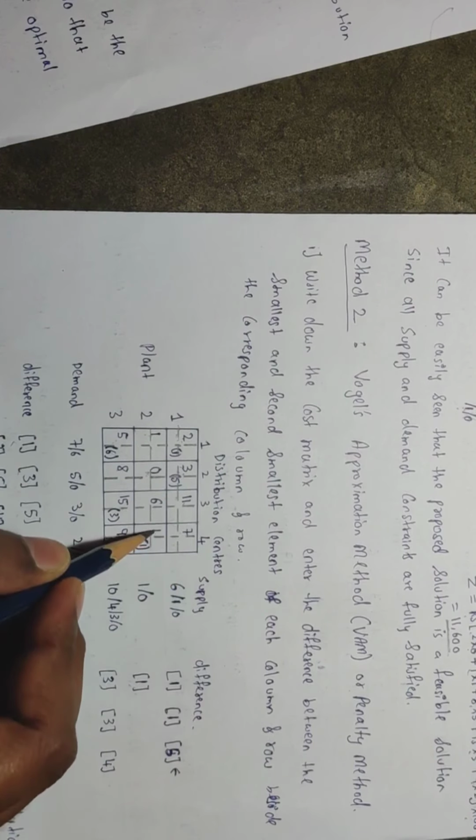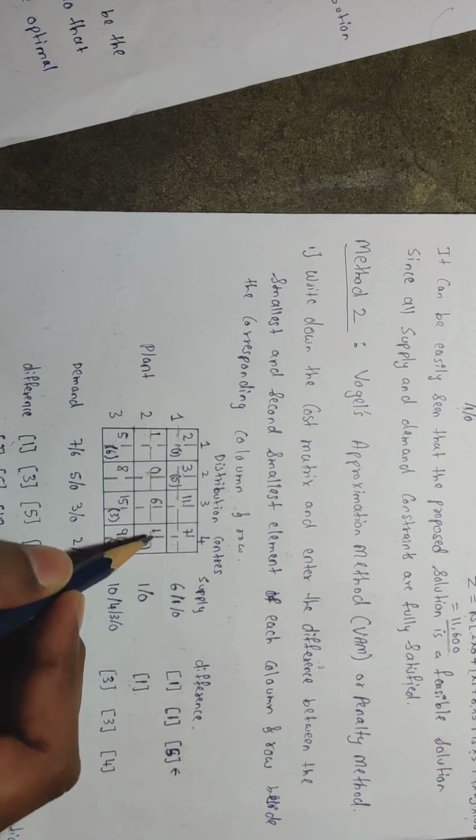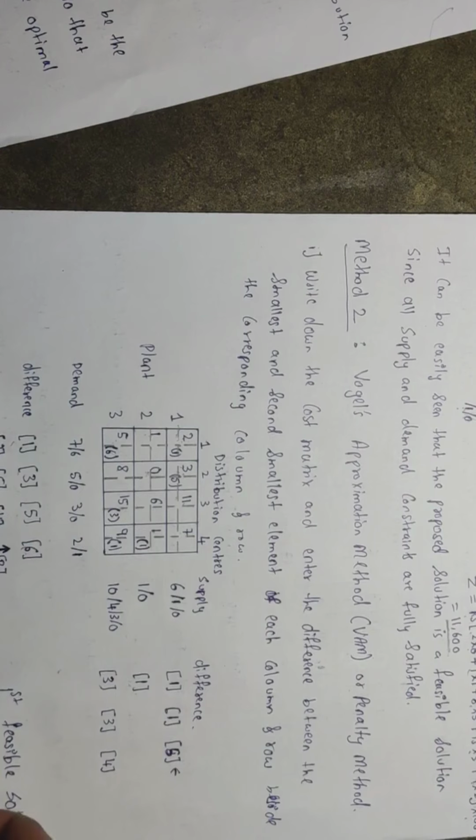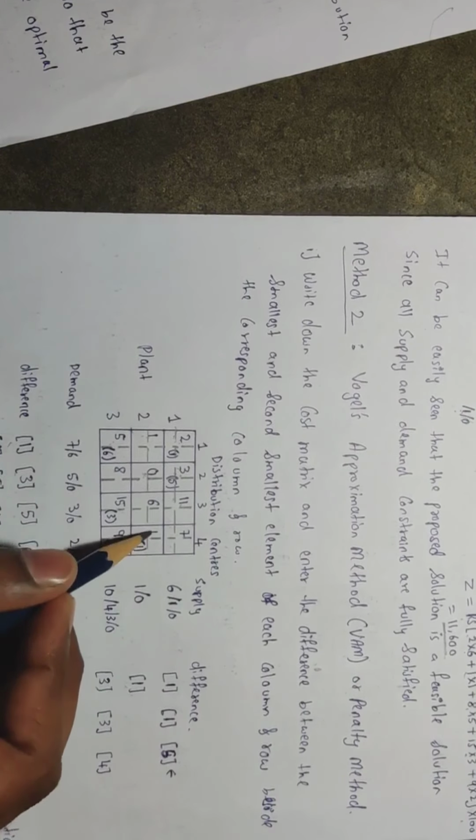Now do the same procedure as what you did for this cell in the northwest corner rule. What did we do? Check its supply, check its demand, allocate the supply and demand, and do the iteration. Same thing. So check its supply. How much is there? 1. Check its demand.